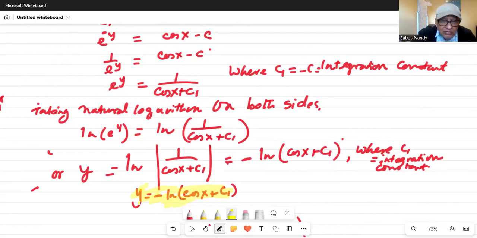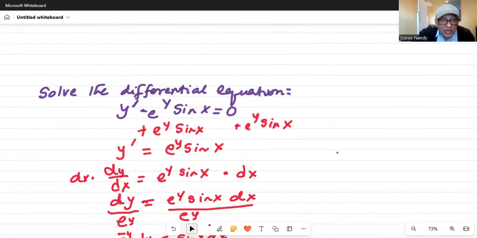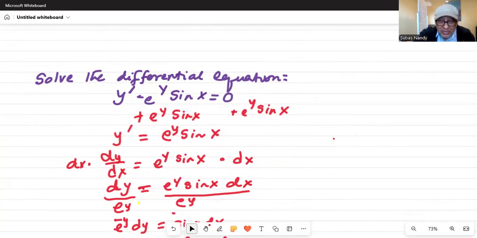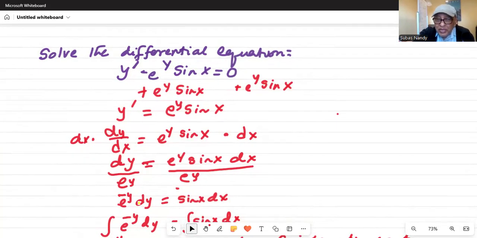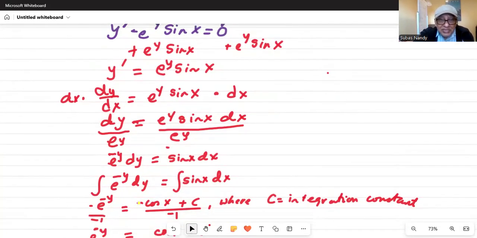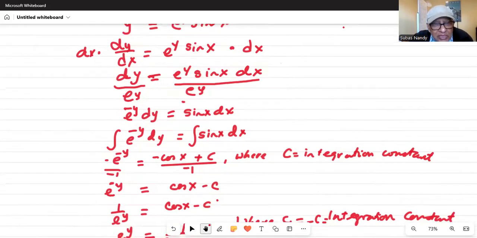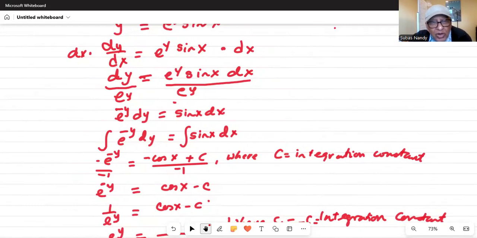Let me walk you through and summarize what I did. First, I was given y prime minus e to the power of y sine x equal to 0. I separated the y prime by itself. Y prime, as you know, is the first derivative of y with respect to x. So dy by dx is e to the power of y sine x. Multiplying by dx on both sides and dividing by e to the power of y, you get e to the power of minus y dy